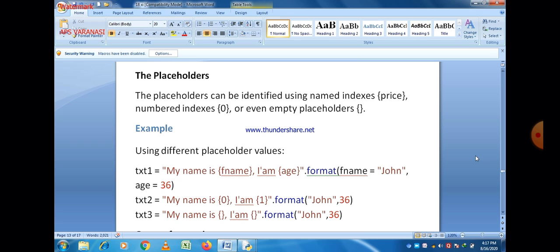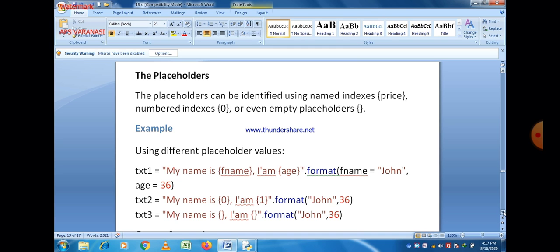So let us take an example to define all these three. First of all, txt1 is the name of the variable, and here you can easily see that my name is fname. So here fname is a placeholder. I am age is again a placeholder, and then you just write format fname is equal to John. So fname, which represents first name, is assigned a value John, and age is equal to 36.